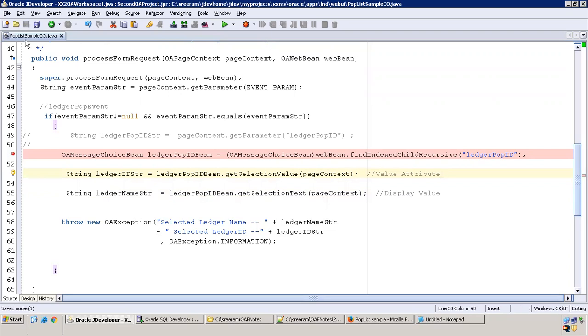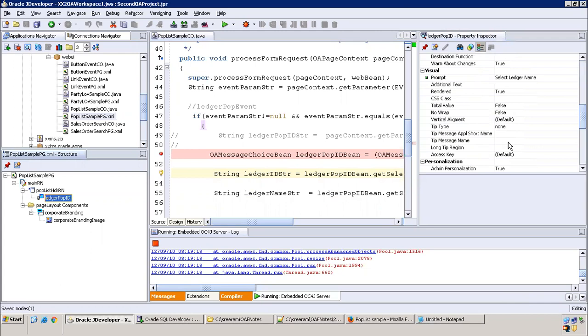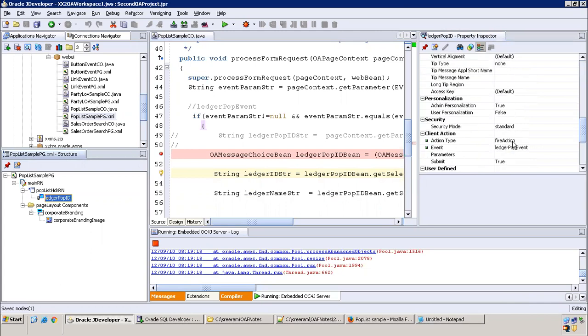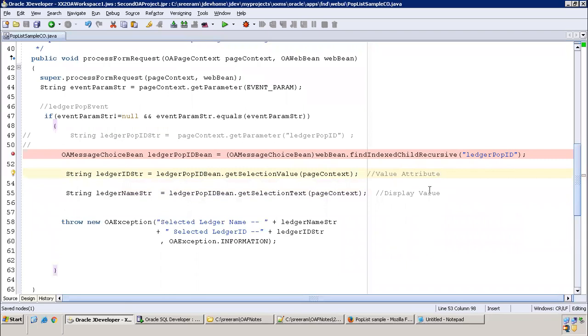When you are designing the published component, we have two things separately, right? Yes. Display attribute as well as value attribute. This is the display attribute. Clear? For the display attribute, we use selection text. For the value attribute, we have to use selection value. We simply have to follow this.